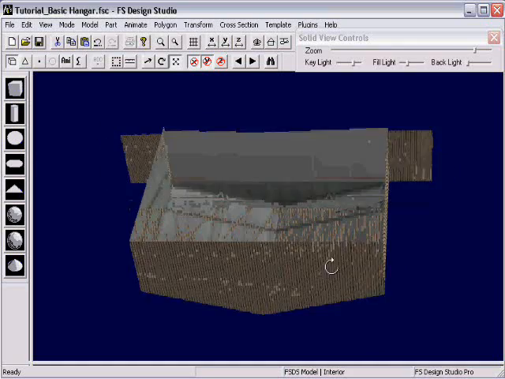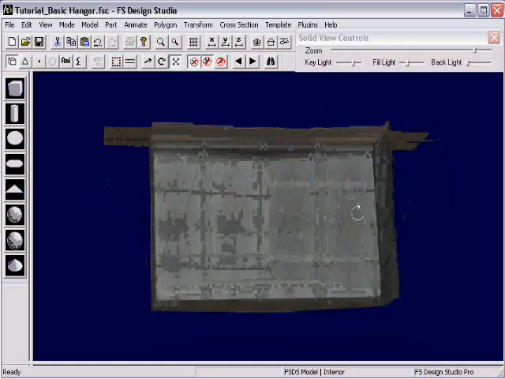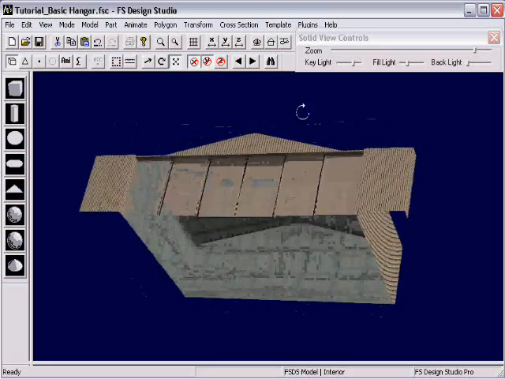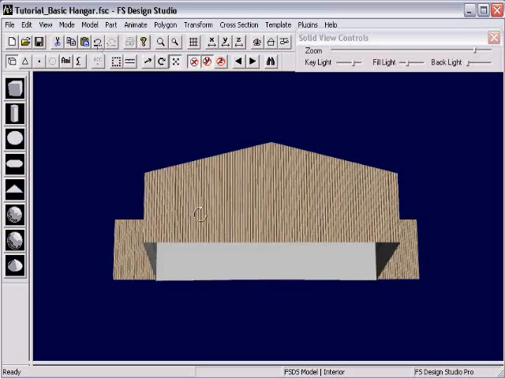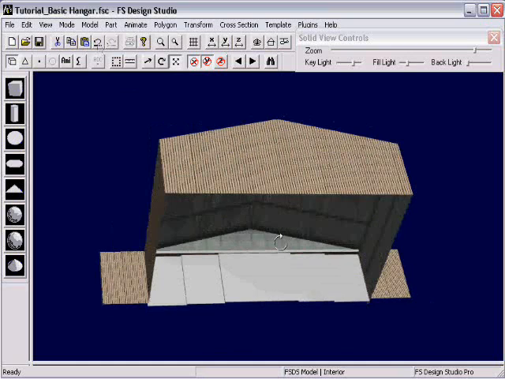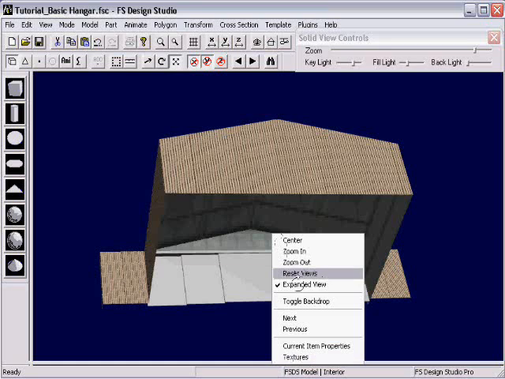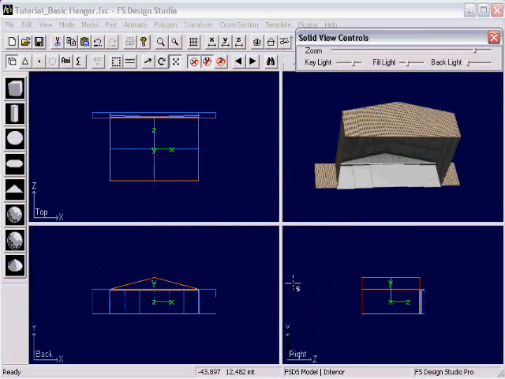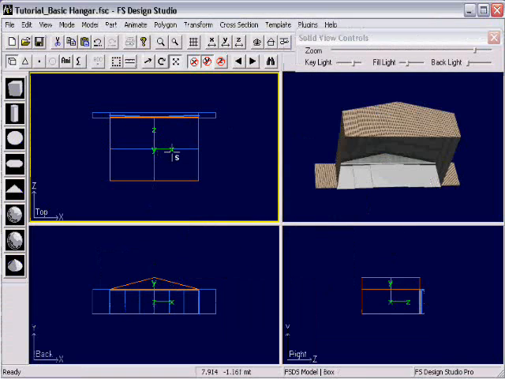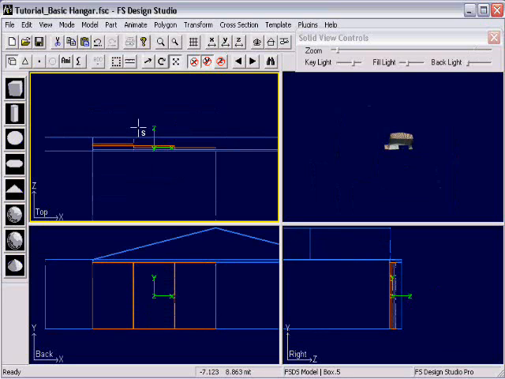Obviously, the interior of the hangar doors has not been textured yet, but we can fix that as well. So again, all about working smarter, not harder. I'm just going to take one set of hangar doors here. There's nothing wrong with, if you figure out you want to redo the texture on one part, as long as the other part's an exact copy of it, you can always go back in and redo it. So I'll just delete one of those, and that leaves me with the one single set of hangar